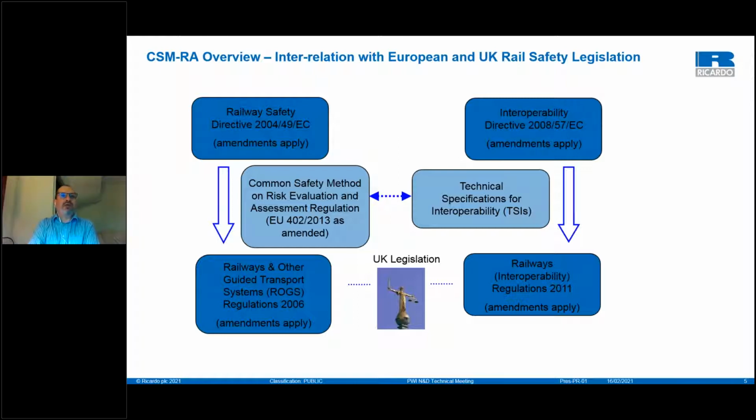Right, okay, so I mentioned earlier the Railway Safety Directive, and that is the EU directive that legislates the requirement for railway undertakings and infrastructure managers to implement a safety management system within which the common safety method interfaces. Implementation of the Railway Safety Directive in the UK is through ROGS,